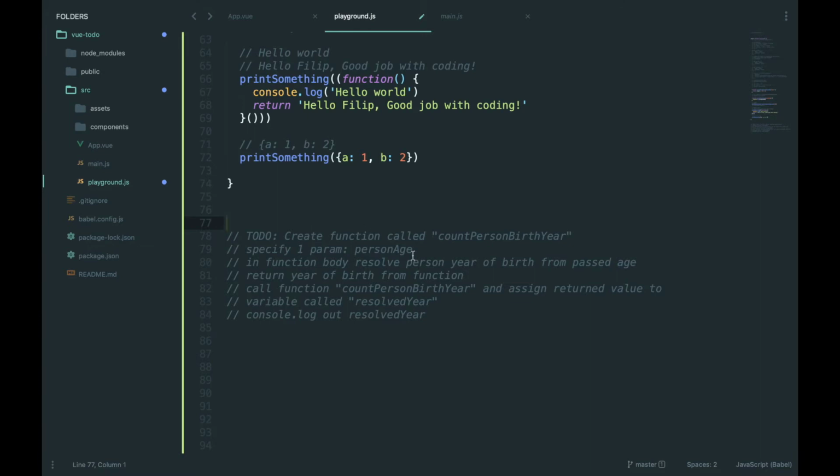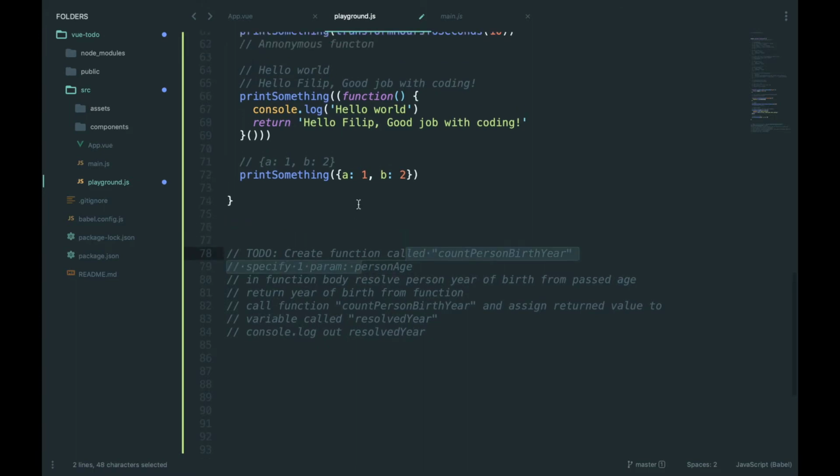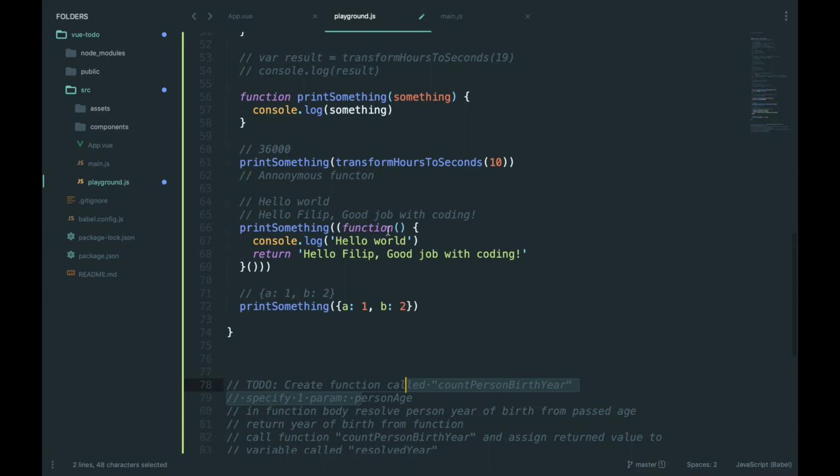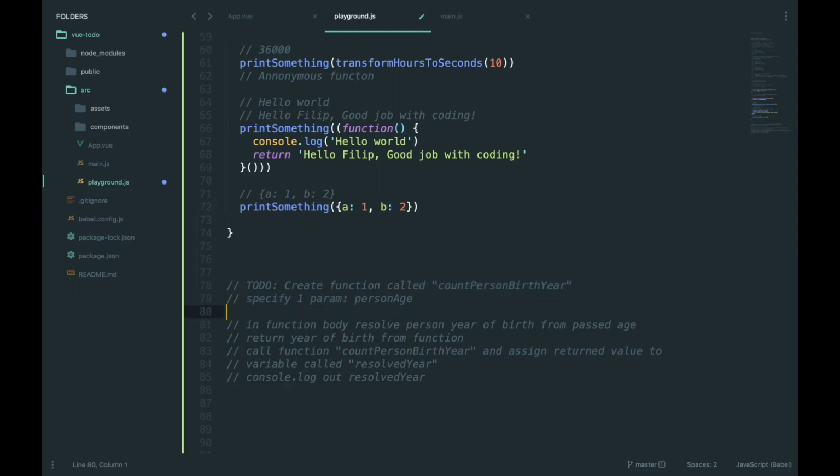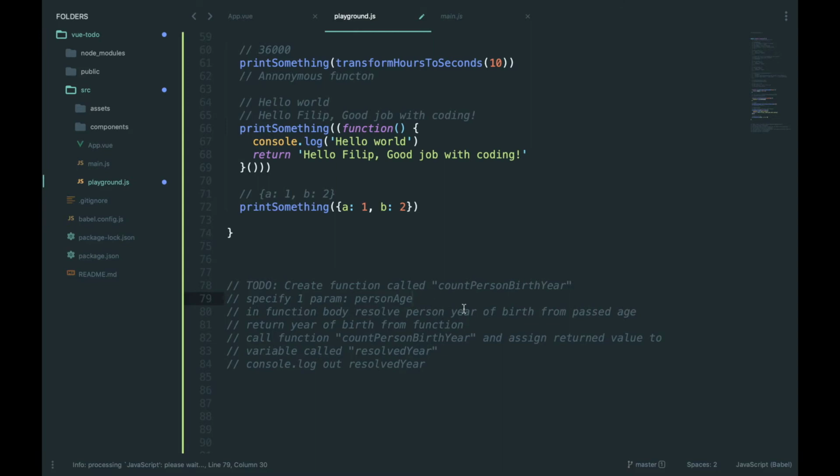Create a function called countPersonBirthYear. Specify one param, personAge, for this function. As we are specifying params here, for example in printSomething, specify the param personAge. In the function body, resolve the person's year of birth from the past age. Let's expect that the year is 2019, so you can count a person's age from the 2019 year. In the function body, resolve the person's year of birth from the past age, and return the year of birth